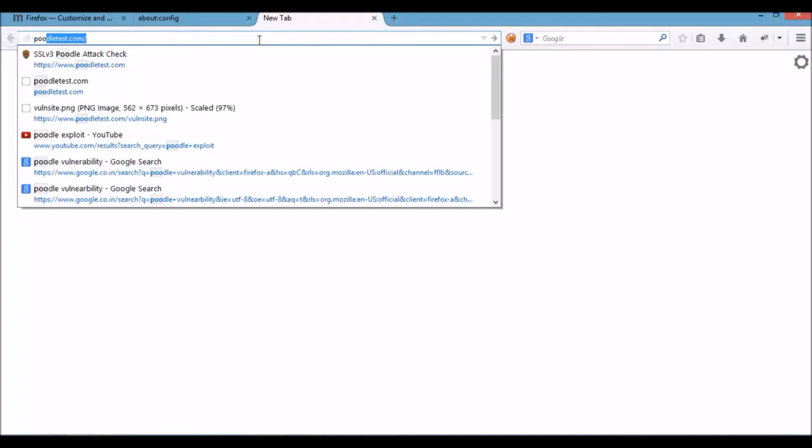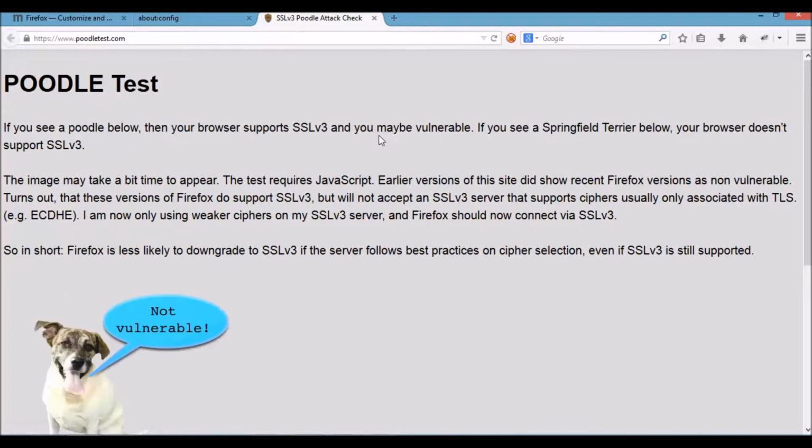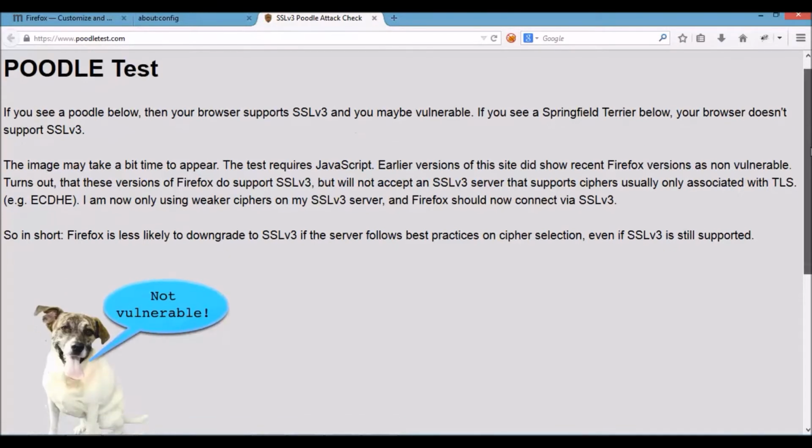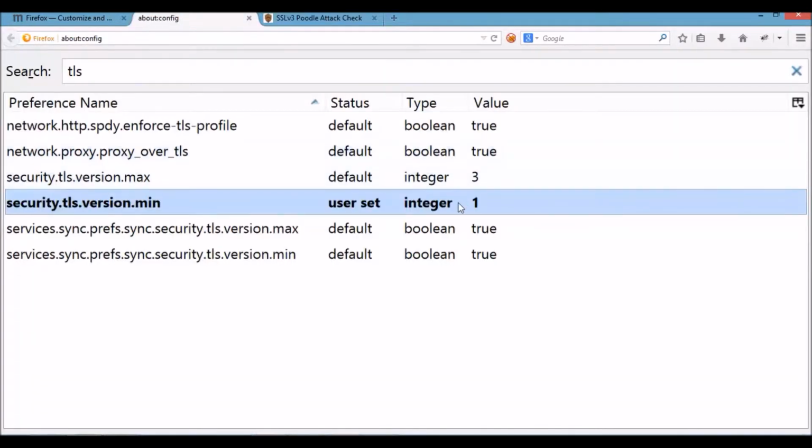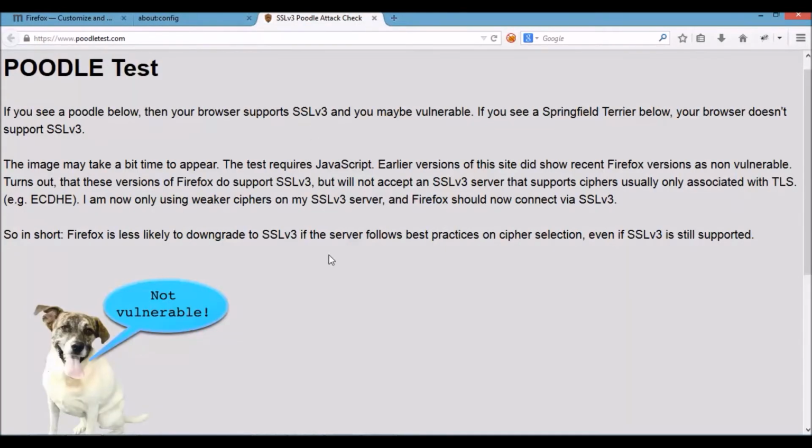I'll visit poodletest.com again. It's loading. Now if you observe, it's showing it is not vulnerable. Why? Because we enabled the TLS version. Before, we had not enabled this TLS version by changing the value from 0 to 1. This is how we can do it for Mozilla Firefox.